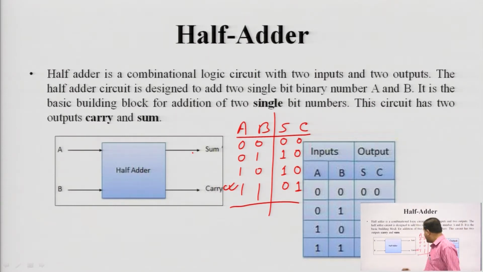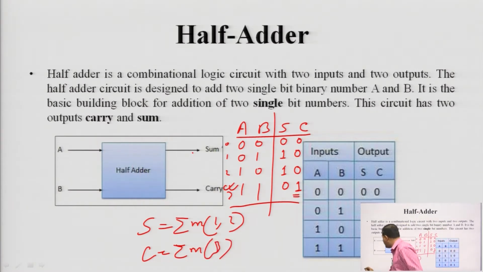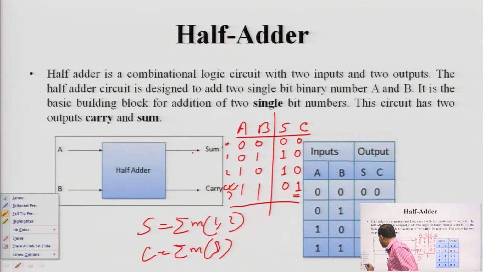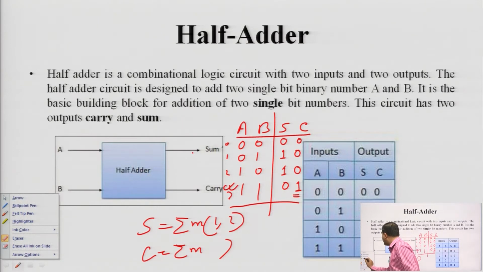So, from this we have got the sum equal to summation of minterms small m, 0, 1, 2 and 3. Sum is 1 and 2, and carry is summation small m of only 3. So, now we will do the